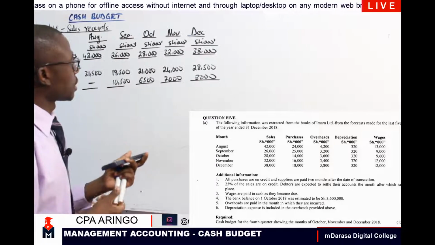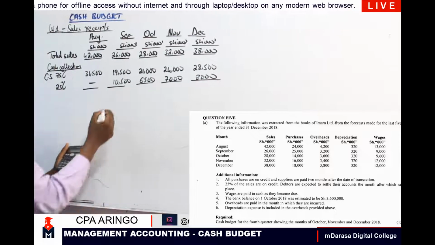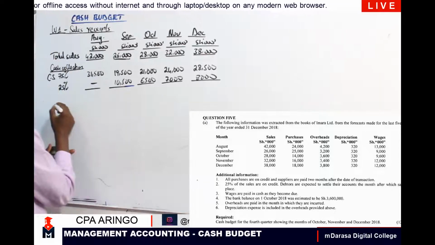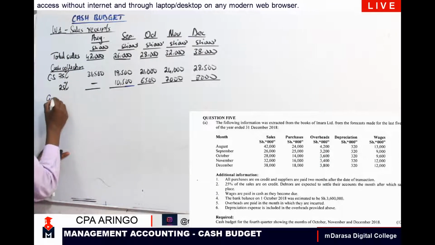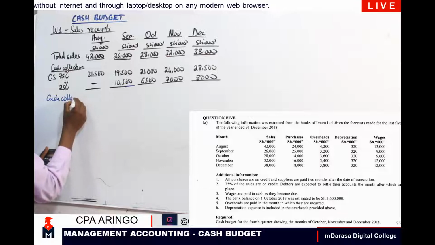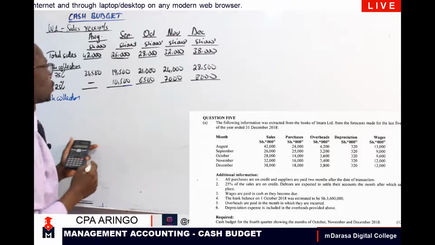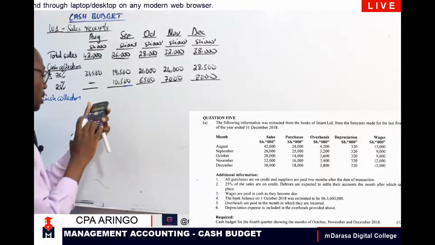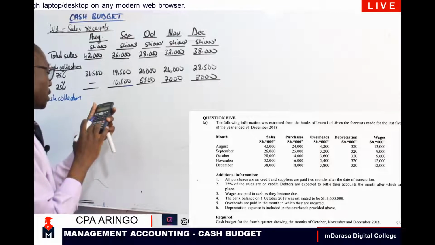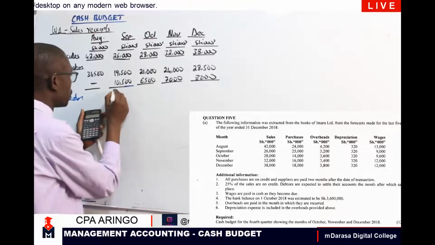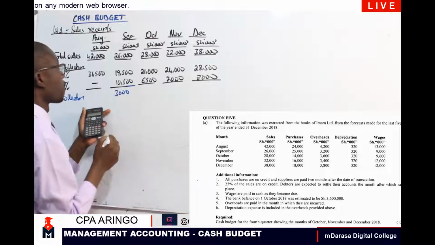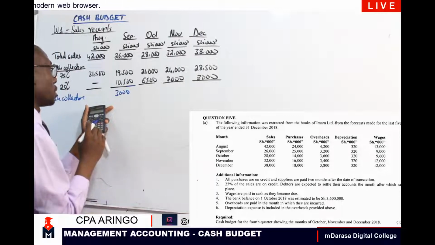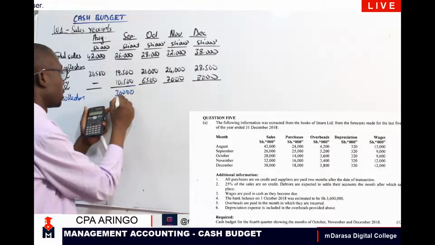So having that, confidently, I can come and determine our total cash collection. In the month of September, 19,500 plus 10,500, which should give us 30,000. October, I'm having 21,000